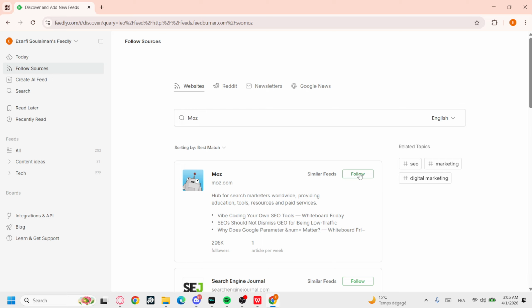Also you can add your competitors' blogs to Feedly. So just watch what topics they post, which articles appear often, how they structure content, and if they repeat topics, it means it works. Also you will need to identify trending topics early, so Feedly helps you catch trends